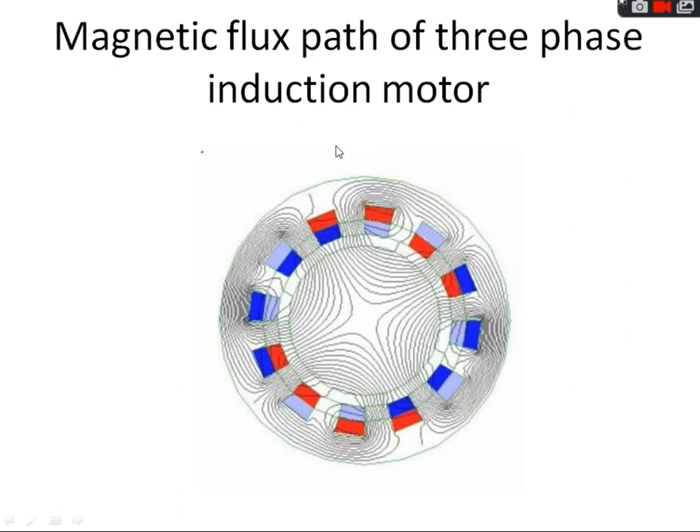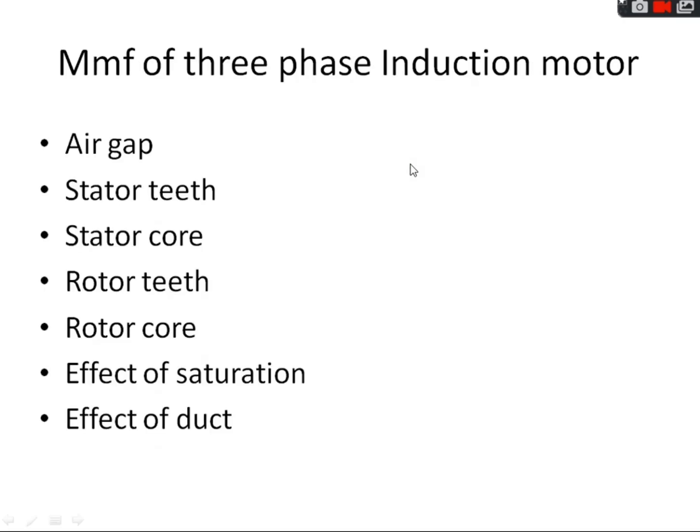So the magnetizing component of the no load current, which is responsible for setting up the flux, will be providing the flux, and it will require a large amount of mmf to set up this flux due to the fact that there is an air gap in the circuit, and this air gap has a large value of reluctance. So the mmf of a three-phase induction motor basically consists of